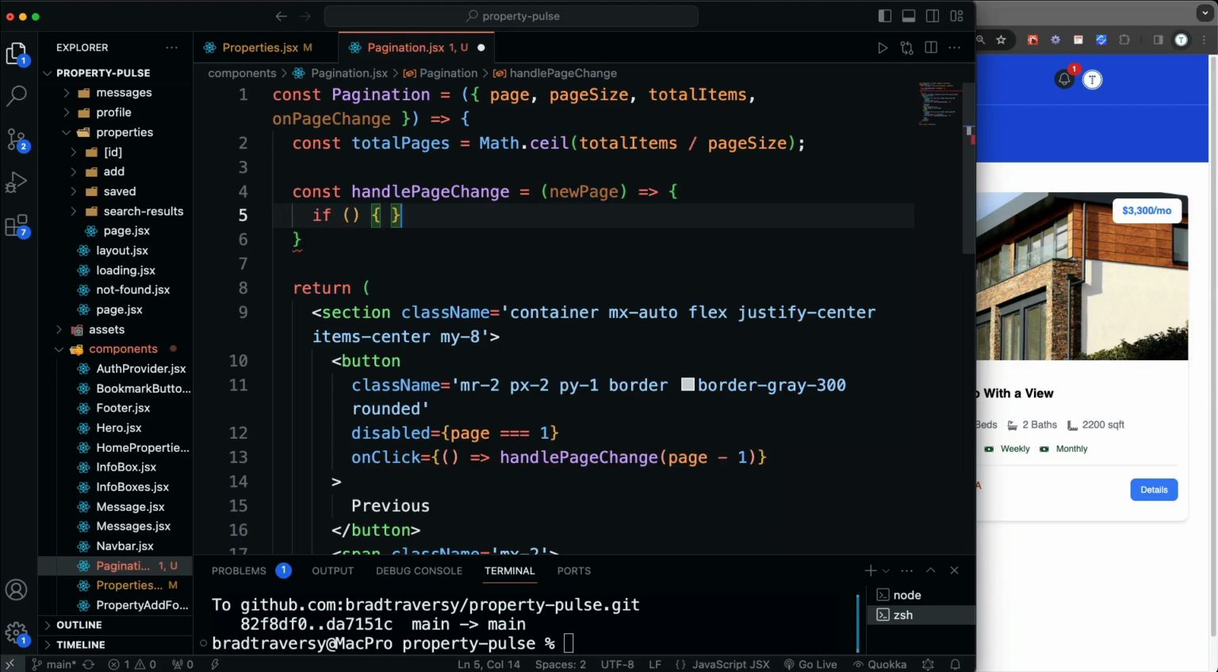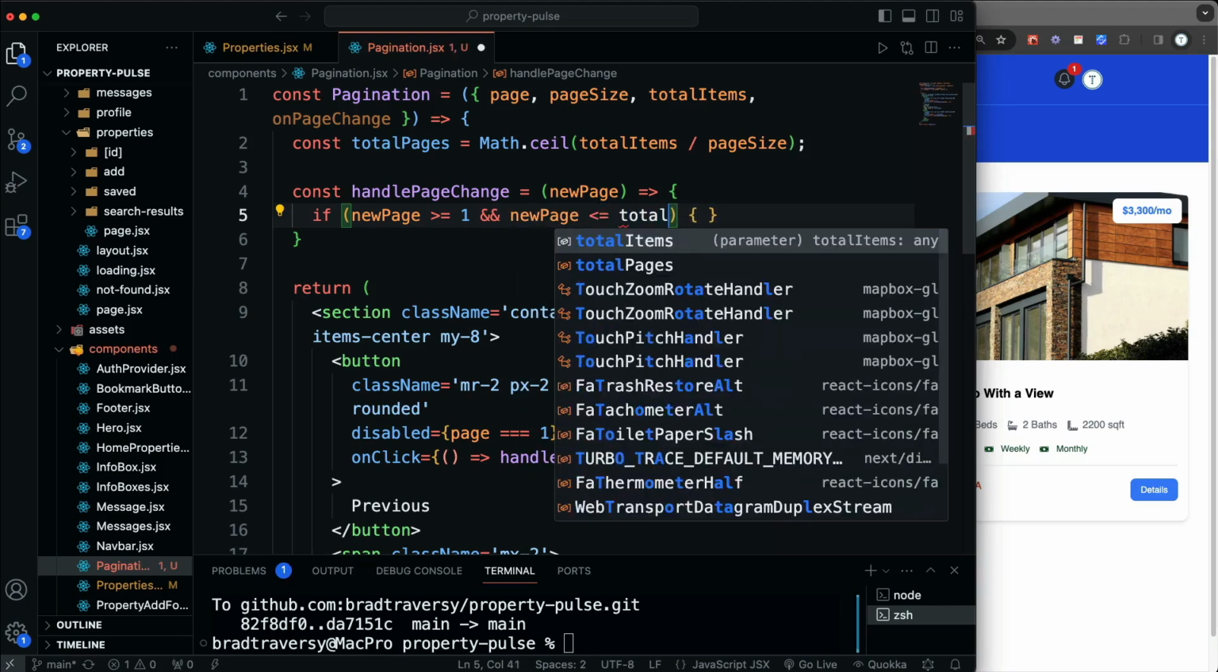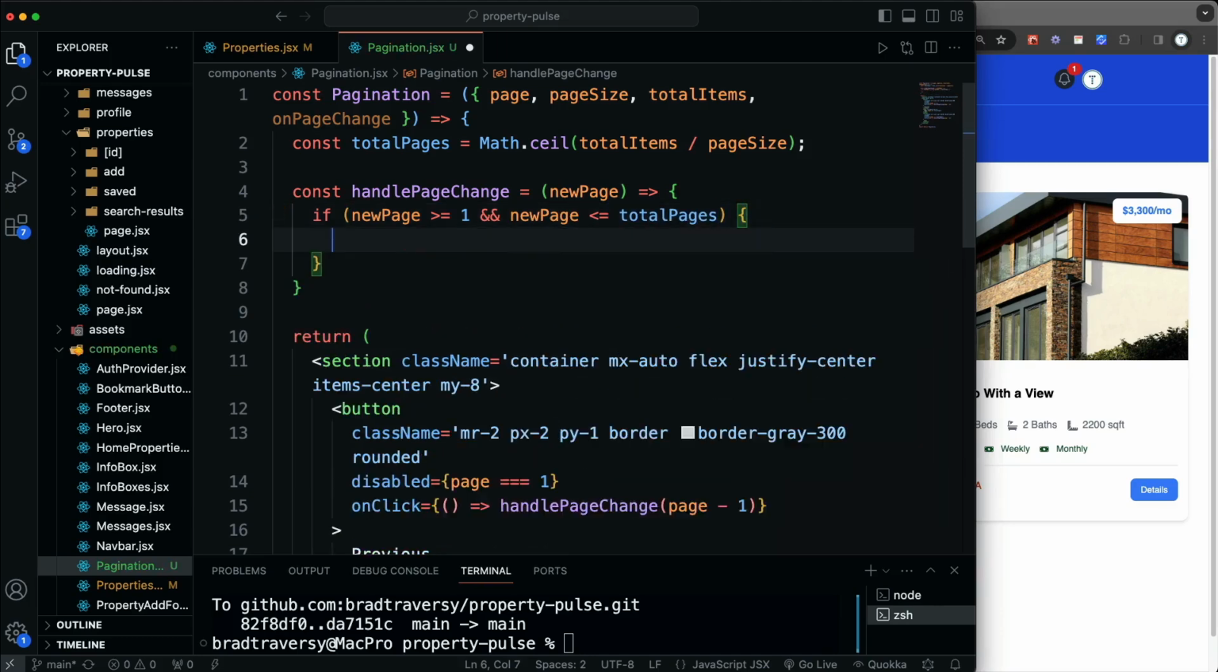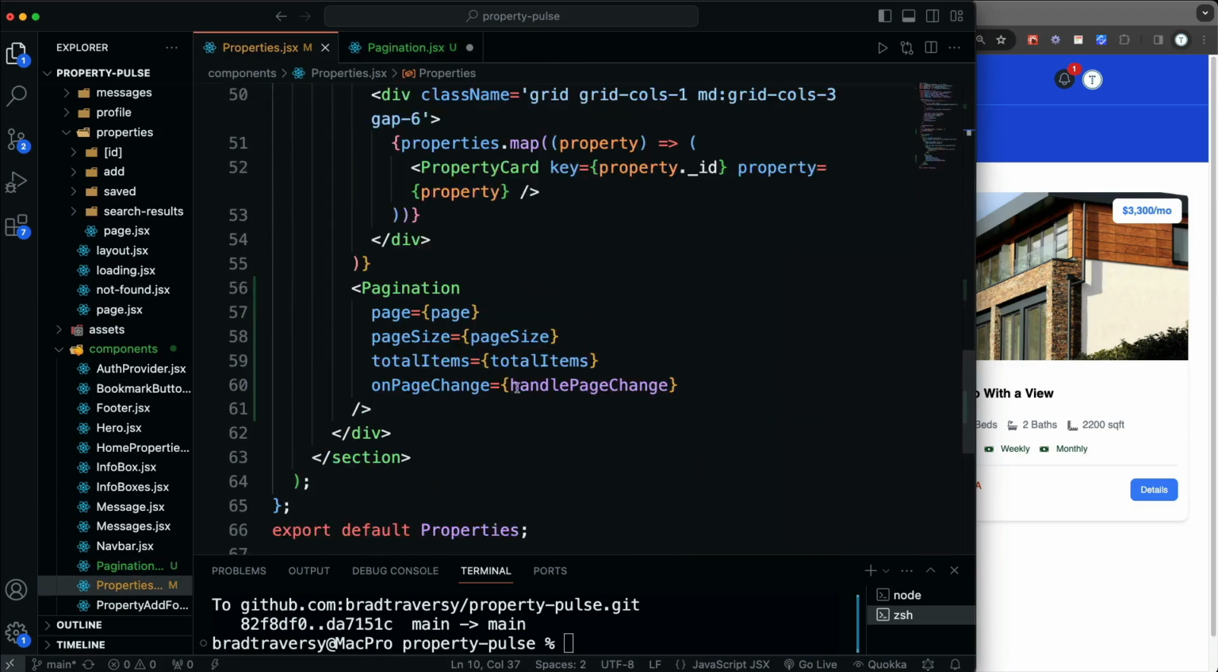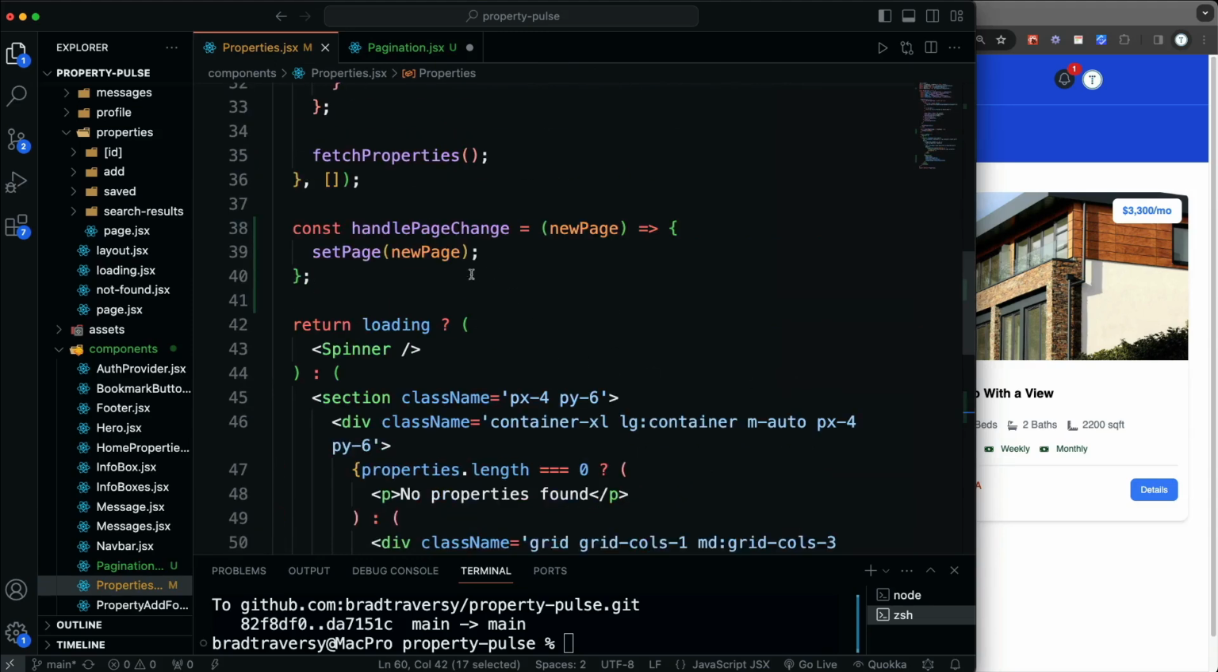So let's say if the new page is greater than or equal to 1 and the new page is less than or equal to the total pages, okay, if that's true, then we want to call onPageChange and pass in that new page. Now that onPageChange is being passed in as a prop, which is then going to be called here, and then call handlePageChange in properties, which will set the page. So let's go ahead and make sure I save that,